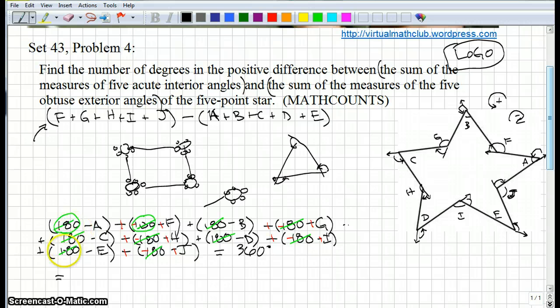So let's then, we got rid of all these constant terms, all these 180s. So I'm going to write the positive terms first. Now A is negative, so F is my first positive term. B is negative, and then I have G. C is negative, then I have H. D is negative, and then I have I. And then E is negative, and I have J. I'm actually going to write it like that. I'm going to put parentheses in it because I want to be able to compare it to this. And then I could write this as minus A, minus B, minus C, minus D, minus E, but I'm actually going to take